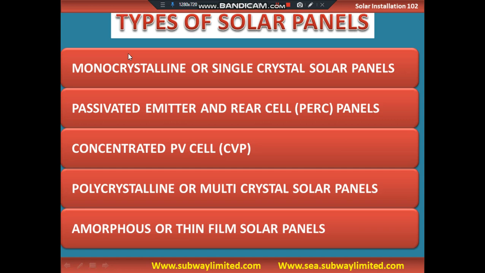We are going to take a closer look at each of these solar panels and what should inform you of choosing each of the solar panel types during a particular solar system project. It is your understanding of the characteristics of each of these solar panel types that will inform you of how to make your choice